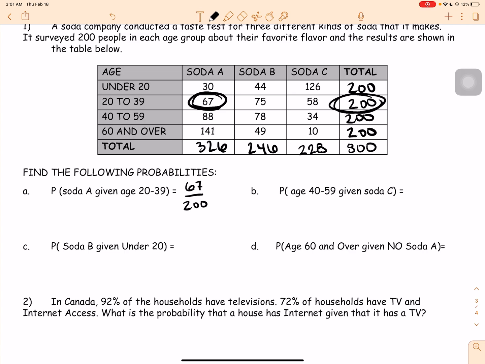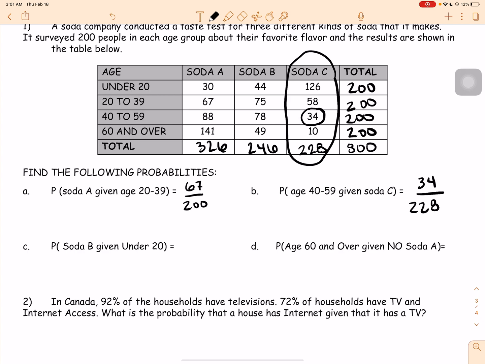So the probability of age 40 to 59 given soda C. Okay, so I'm focusing on soda C. That's my given. And age 40 to 59. Okay, so here, age 40 to 59 given soda C. 34 of them like soda C. Okay, or I'm sorry, 34 of them who like soda C are 40 to 59. And then the 228 is everybody who did like soda C. That one was popular. B actually is most popular. I'm kind of surprised about, but